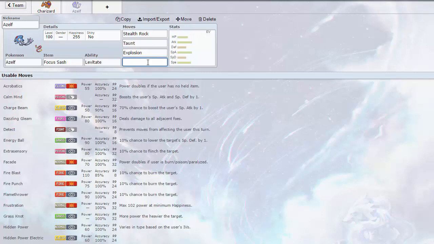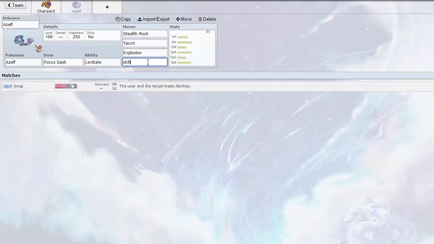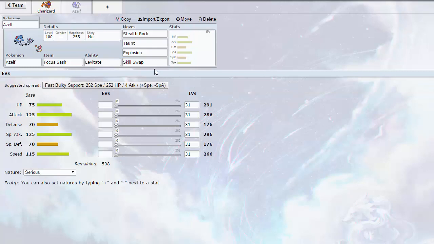I saw on a replay from someone, I can't quite remember who it is, so I can't credit them. Sorry about that. If you see this video, you probably won't know, but that's another thing. But it was actually Skill Swap. Now this is great because mons like Sableye and Diancie beat Azelf lead just because they can Mega and they